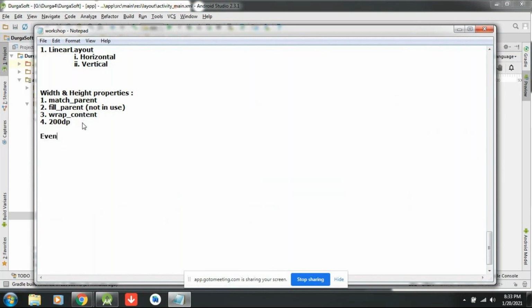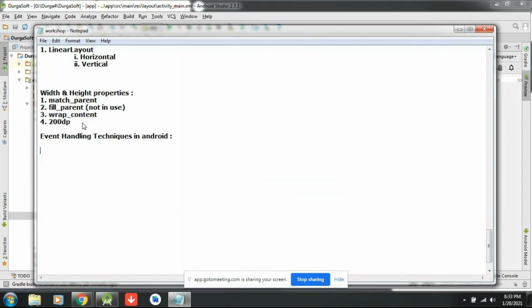This is a very important concept: event handling techniques in Android. So what do you mean by event handling? Very simple. When you are clicking on a button, how to handle it? When you are checking or unchecking a checkbox, how to handle that? How a radio button is checked? How a switch is turned on and off? So when you click on it, how are you going to execute that logic? That is called event handling.